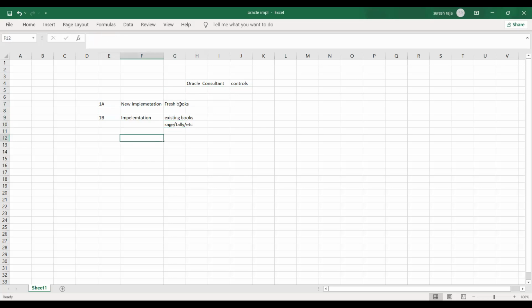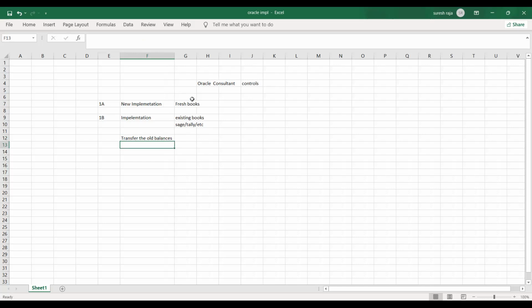So this is implementation for existing books. What do we have to do? You have to transfer the old balances. What is the difference? For a new implementation, what will you do?